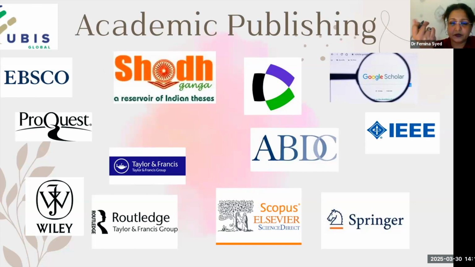Okay, ABDC, Web of Science, IEEE, ABS, all these are journal indexing databases. They index the journal on the basis of the content and quality of the journal. So all the peer-reviewed journals, or most of the good peer-reviewed journals, which appear in the indexed databases are good in quality. Now you can see Google Scholar. Google Scholar is also a search engine. It is extremely important to find good articles in your domain. I'll show how to navigate across each and everything of this.